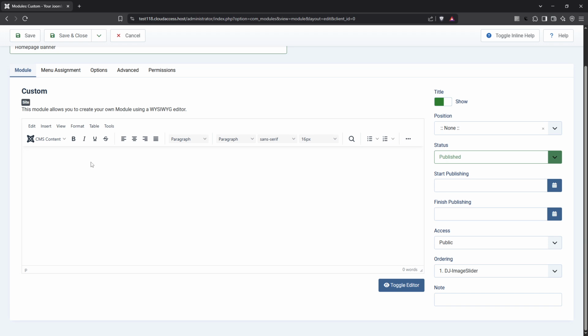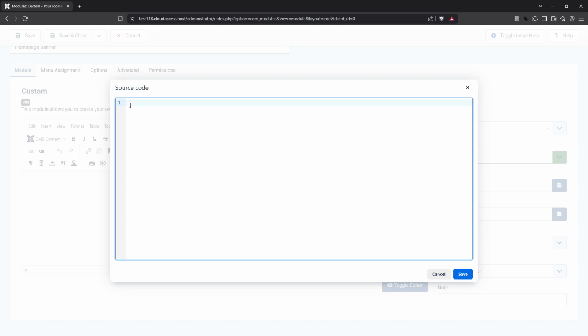Next, let's focus on adding content to your module. Under the content section, you can type directly into the text editor, or if you've got HTML code ready, click on the code icon, which looks like a pair of angle brackets. This area allows you to insert any custom HTML, like banner code or video embeds, making your module more dynamic